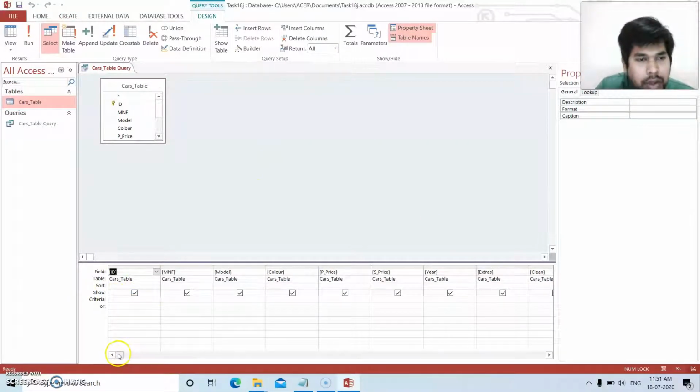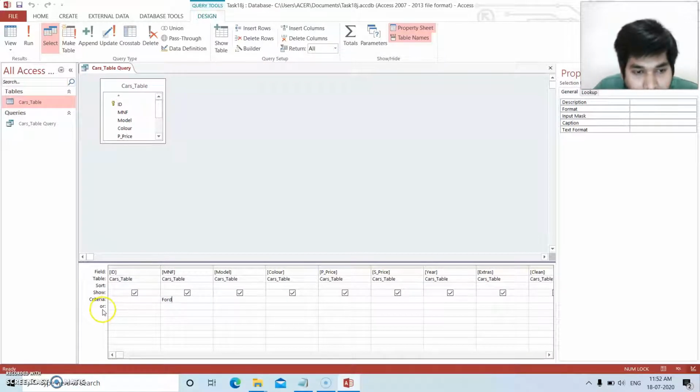Now see carefully. I want to display the cars manufactured by Ford or Vauxhall. Can you see this criteria? Here you write Ford, F-O-R-D, and or Vauxhall.